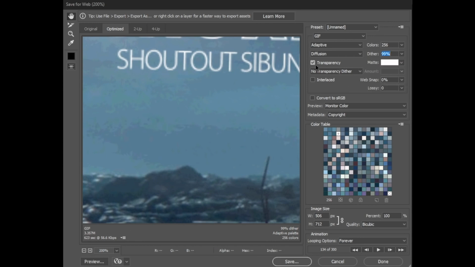and under that, make sure transparency is checked on. It shouldn't have an effect on your file whether or not it's on, but having it on decreases the file size. Keep the matte color to the right of that set to white. The next option is your transparency dither algorithm. Just keep that set to no transparency dither, since you should not have any transparency in your image in the first place. The interlaced option below that should be unchecked as well,